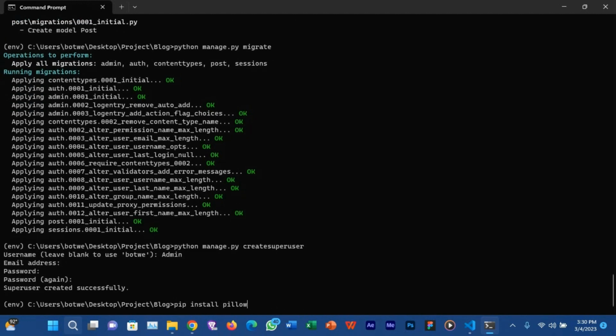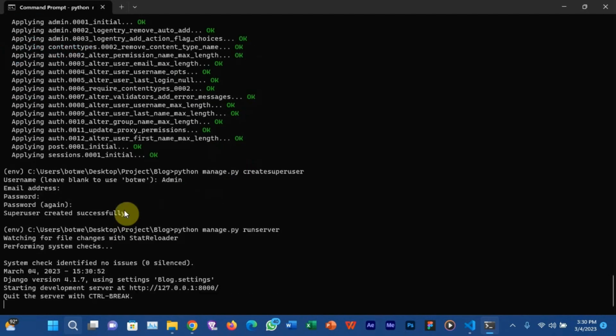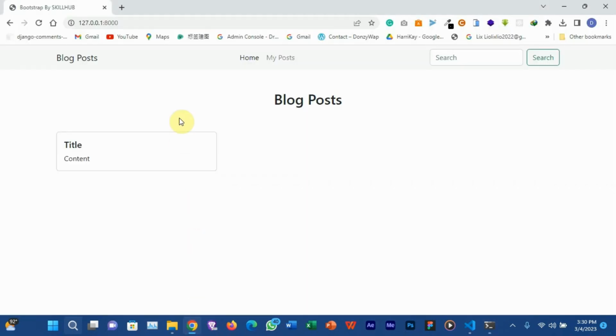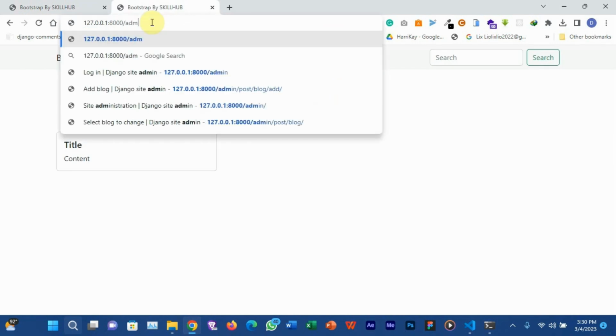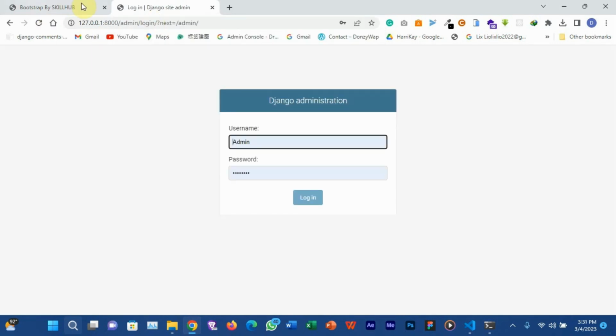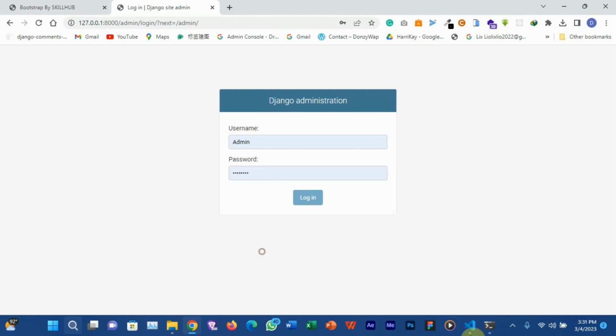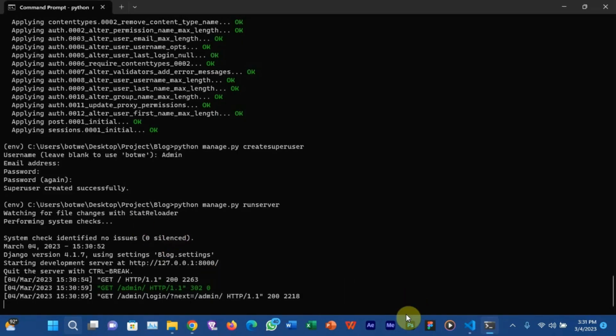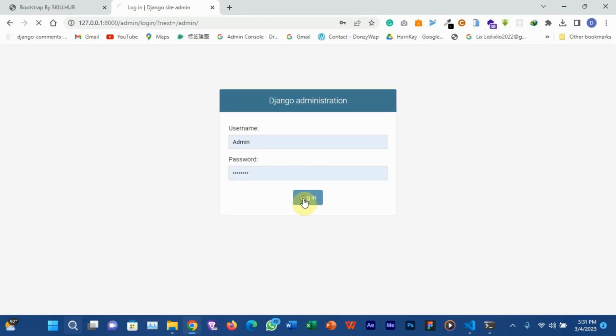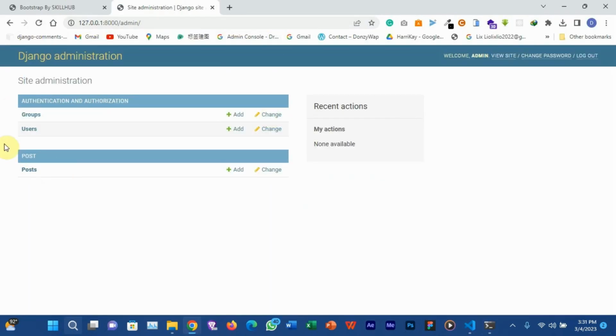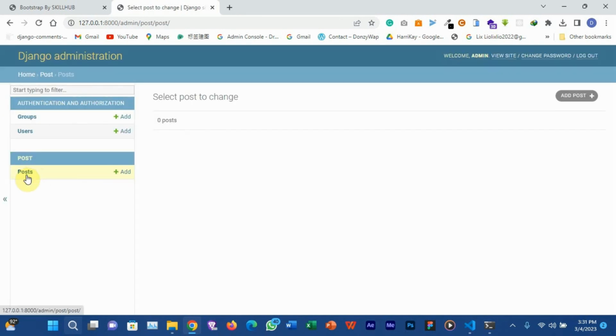Alright, so now you can just run your server here and then go back to your browser. Let me just duplicate this tab here and then go to admin. This will give me access to the admin panel. Then you have to type in the password you just created inside your terminal for the superuser. You can see we now have our admin panel and the model we just created, Post.